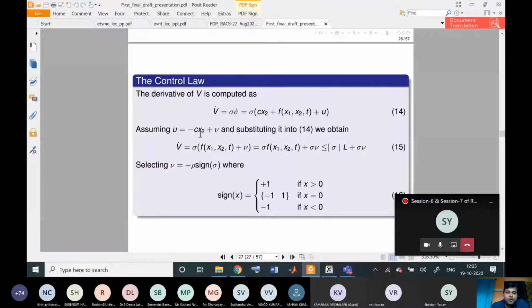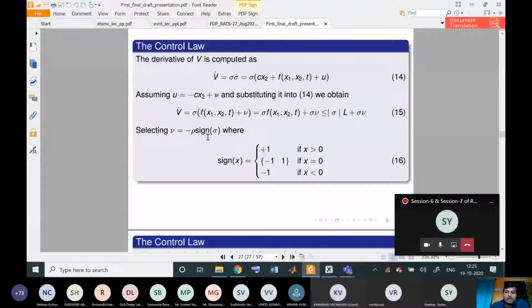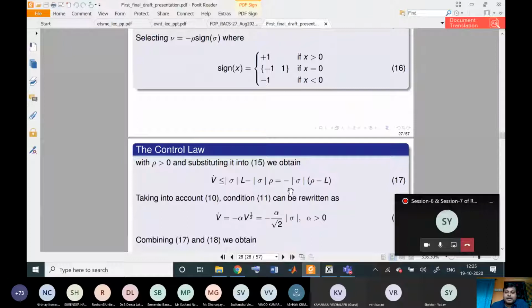Now what should nu be, such that we can easily show that V dot is negative semi-definite? If we assume nu equal to minus rho sine of sigma, then V dot will be minus mod of sigma times (rho minus L). So it is very clear that if we select the gain of the sine sigma term, rho, greater than L, where L is the maximum bound of the disturbance, then we can prove that V dot is going to be